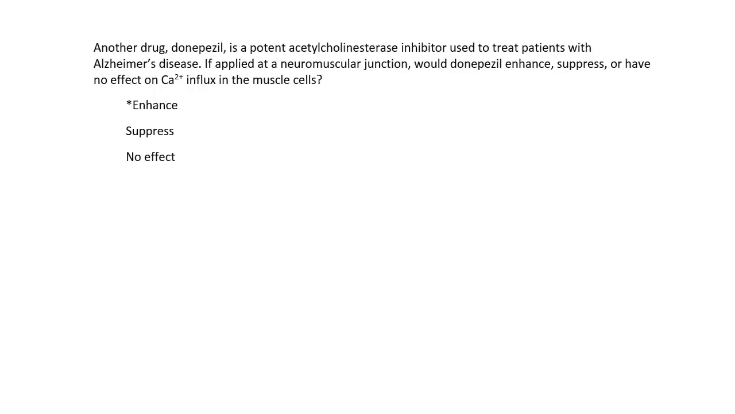So here's our example. A drug, right here, I'm not going to even try to pronounce it, is a potent acetylcholine esterase inhibitor used to treat patients with Alzheimer's disease. If applied at the neuromuscular junction, would this drug enhance, suppress, or have no effect on calcium influx in the muscle cell? Now, initially when looking at this, you might not know where to start, but let's just look at